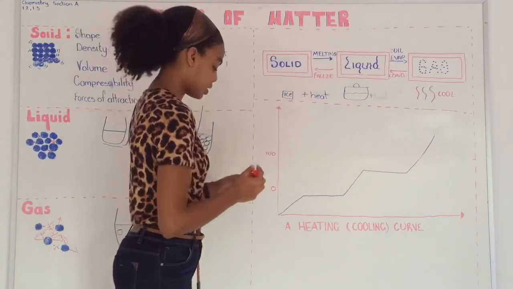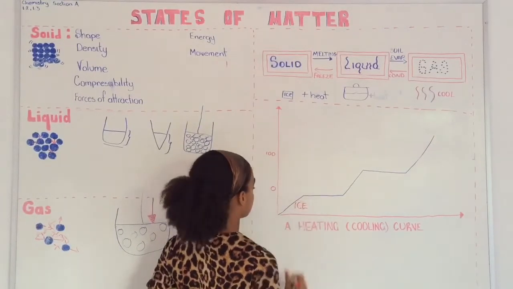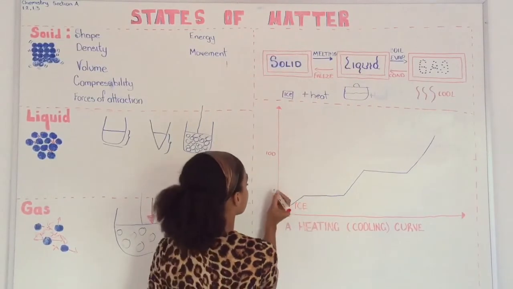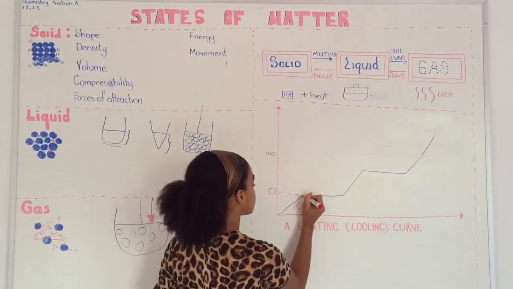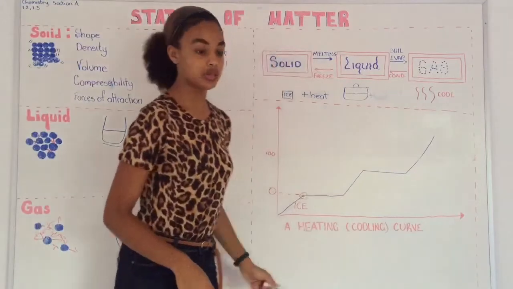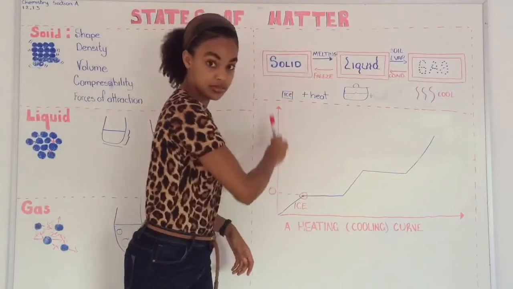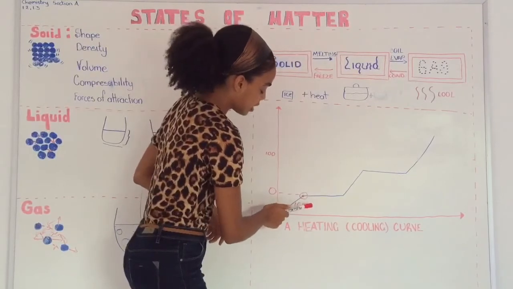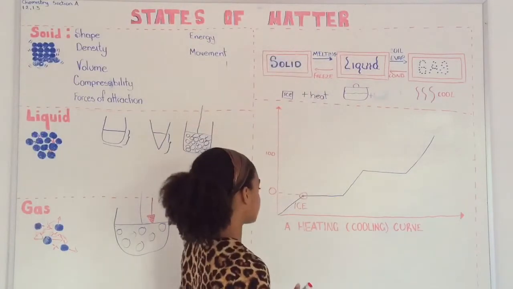So, let's go. At this point, it's ice. Right here, we reach ice at 0 degrees Celsius. So this point is ice at 0 degrees Celsius. The y-axis shows the temperature, the x-axis should really represent time. As time progresses, the temperature increases. Alright, so we're increasing the temperature and the ice is going to increase in temperature as well. So right here we have ice at 0 degrees Celsius,